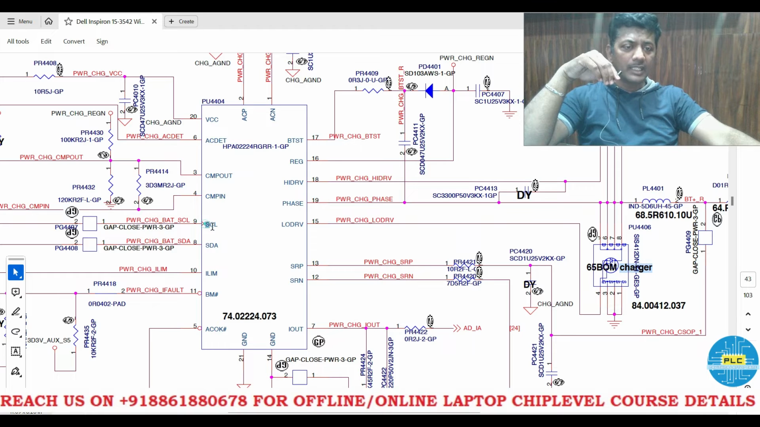See here SDA SCL. Everyone knows there should be 3.3 volts here. If the battery is not charging, you just replace the connected resistors. That's not knowledge. Why is SDA SCL required? That is also a very important thing here. See, any charging IC you take, SDA SCL must be there. Why? There is a communication